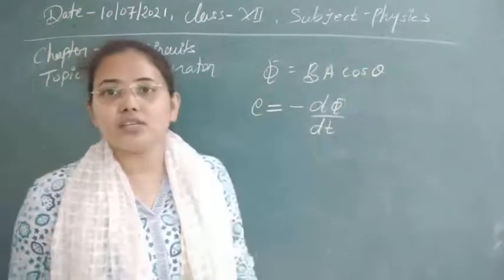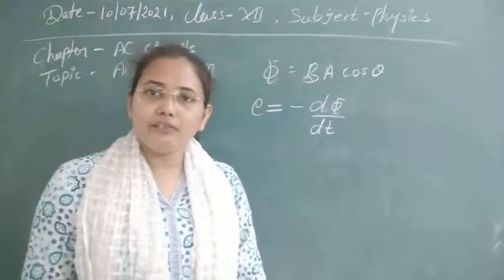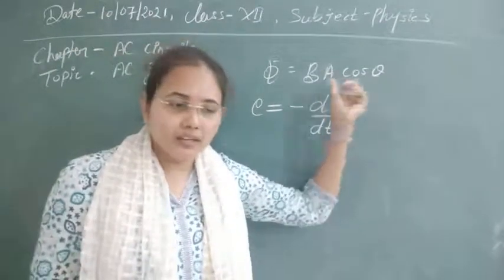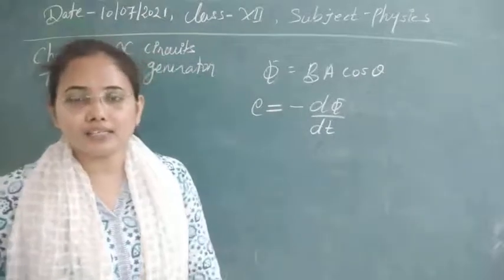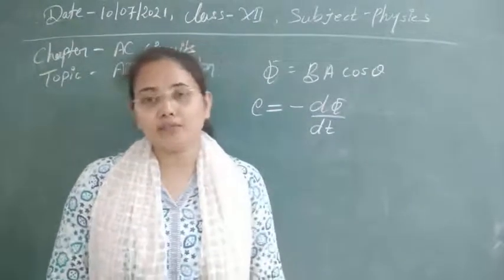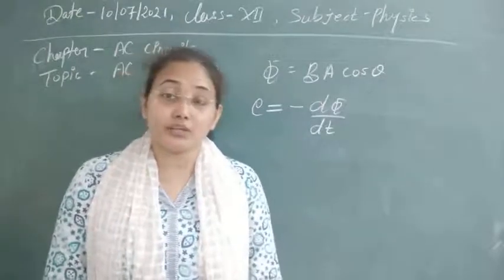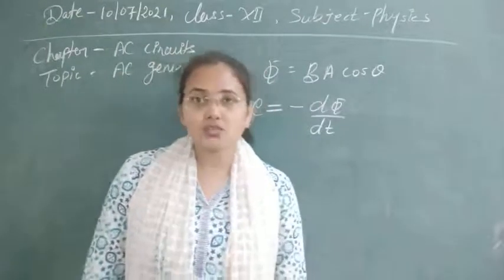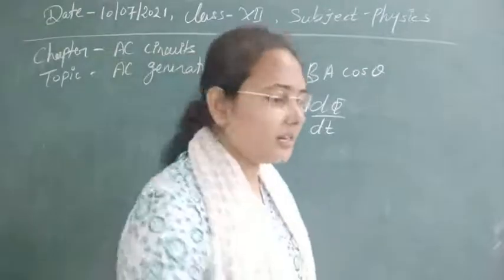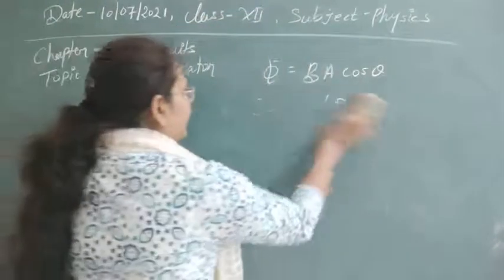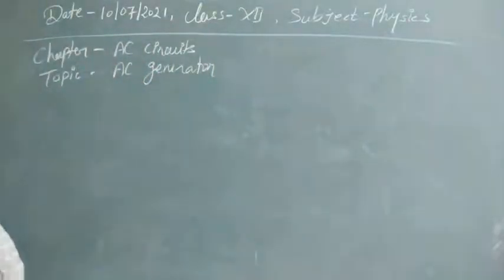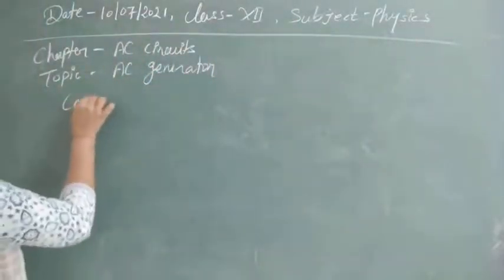Here is the third factor we are going to take. Up to now, for the first two factors we get a steady value of the current, but whenever we change the orientation of the coil in the external magnetic field, then due to the orientation we see a different behavior of the current and voltage, the induced EMF and current, and that is called alternating current and voltage. So let's see the AC generator one by one. Later I will tell you this theory again. First, let's see the construction of the AC generator.